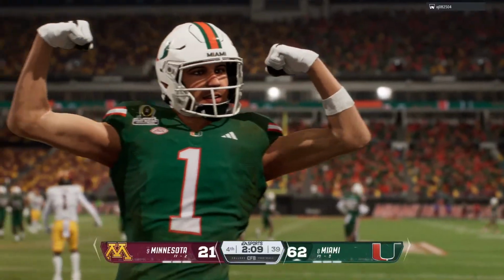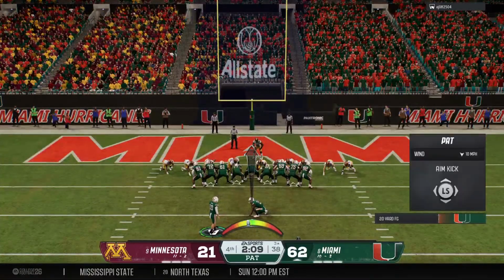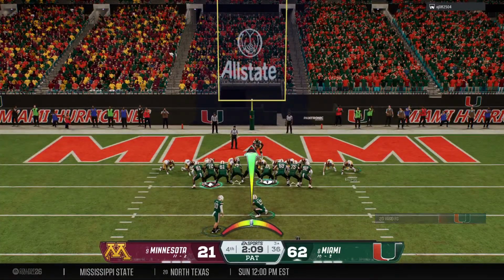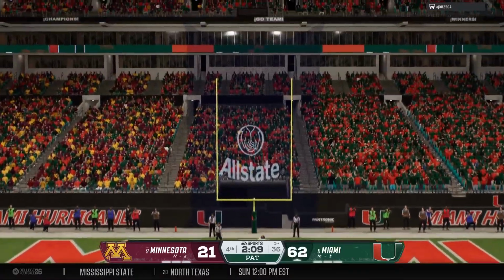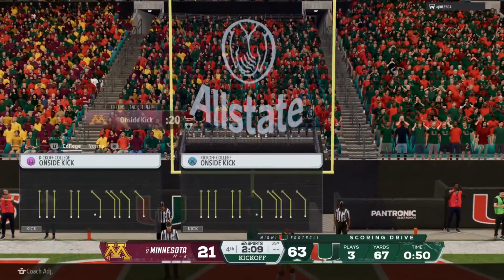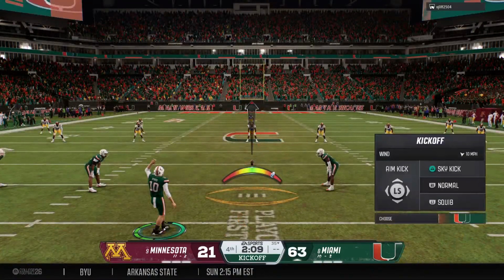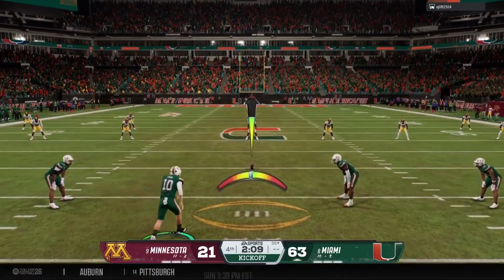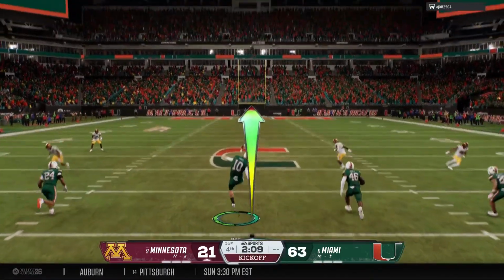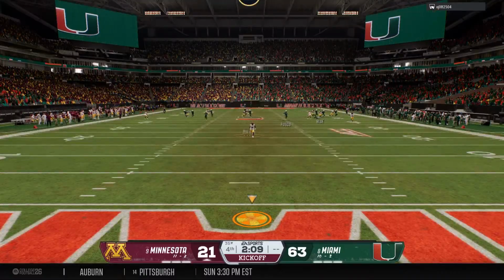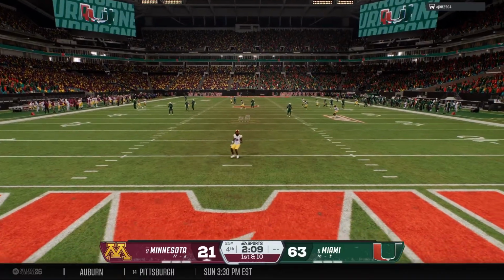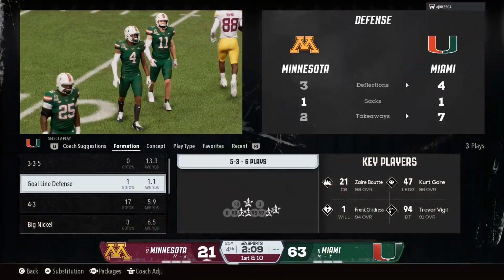Hope to have a month to get ready for this pitch-and-catch combo for the playoff game. They've had no answer so far. The playoff game, national championship on the line. You know the old saying we used to always hear, big-time players make big plays in big games, and he certainly is doing that today. Miami, 63. Minnesota, 21. Kick bounces out of the back of the end zone for a touchback.